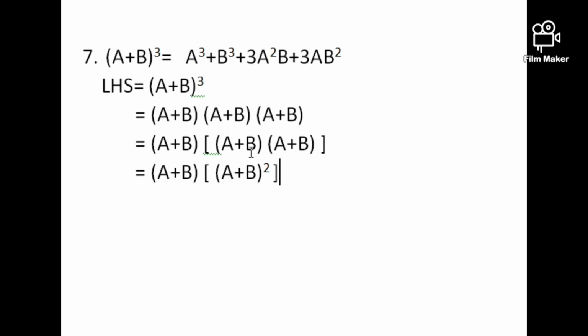That means (a plus b) into (a plus b), that means (a plus b) whole square. We know that (a plus b) whole square is equal to, I have already proved it,